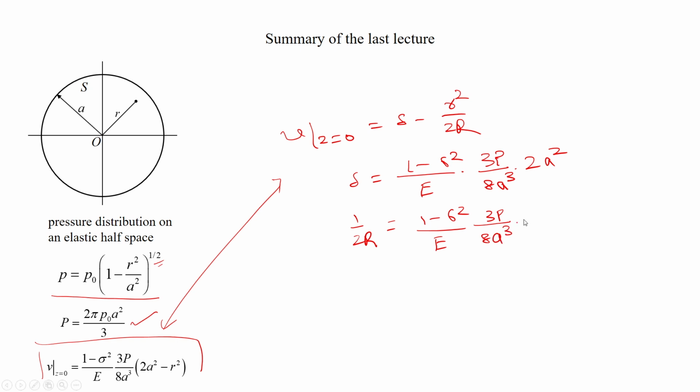Now, if you remember this 1 minus sigma square by E, in our case it will be